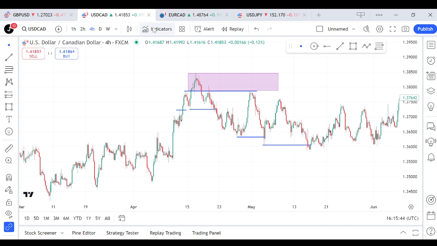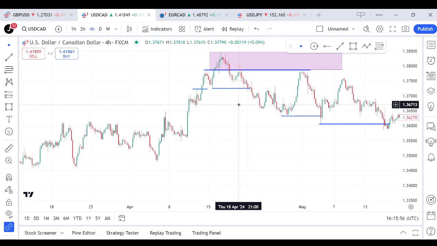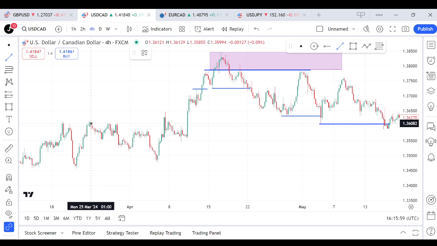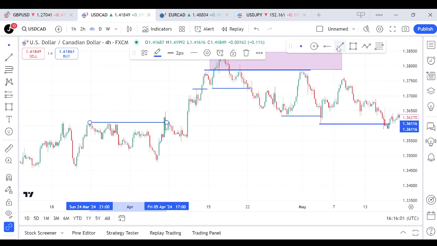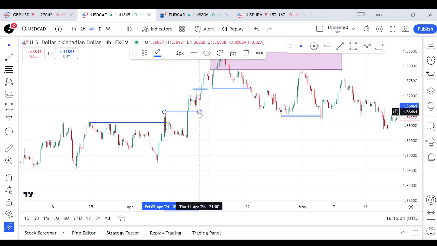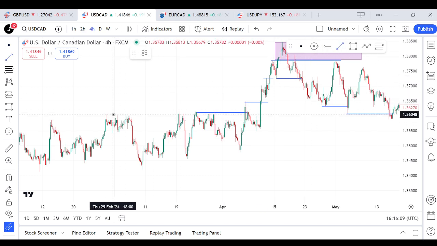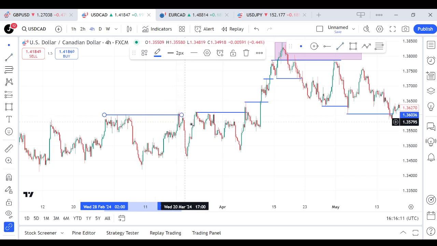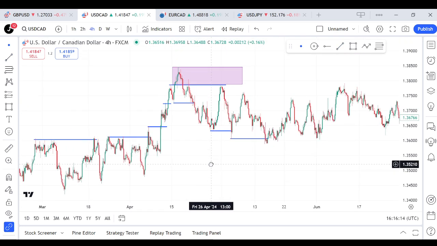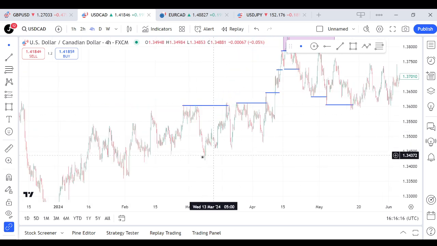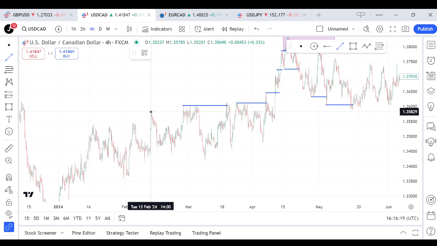The first task is to spot a strong trend, either bullish or bearish. So look for a series of higher highs and higher lows in an uptrend. Like we saw here, we had a series of higher highs, market breaking structure to the upside. It was just a series of higher highs and higher lows, meaning that we are bullish, and we've been bullish for quite some time, as you can see. So this just signals that this is a strong bullish trend, and if you zoom out, you see that we have been bullish